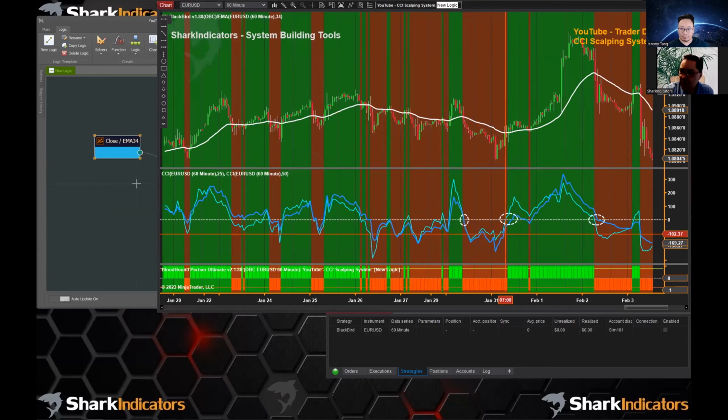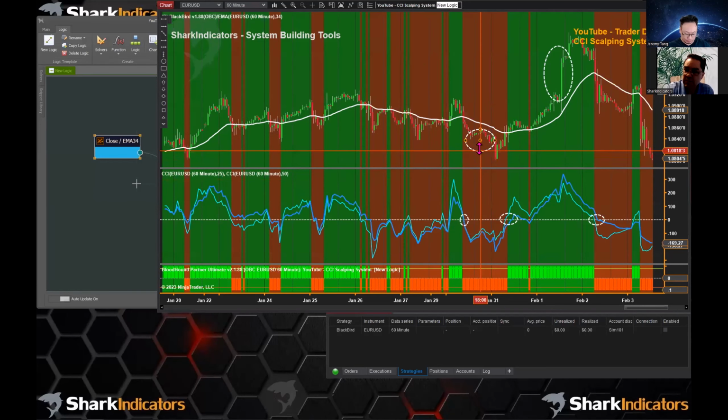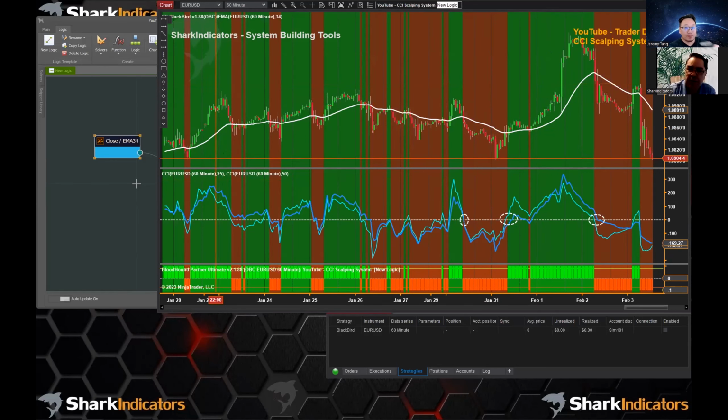And now on my chart, we can quickly and instantly see when price is above the EMA, we're getting a green, or long. The green signifies a long condition. If the close is below that EMA, then we're getting a red, and red usually coincides with going short. So there we go. There's that EMA trend filter from that system.